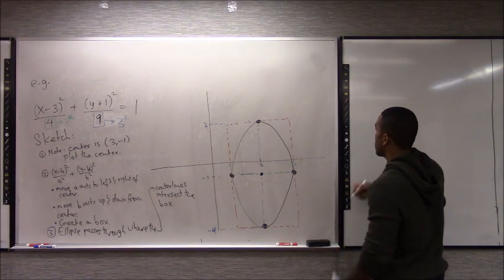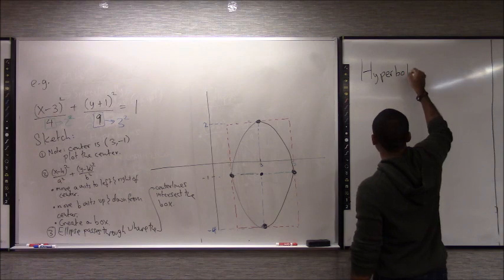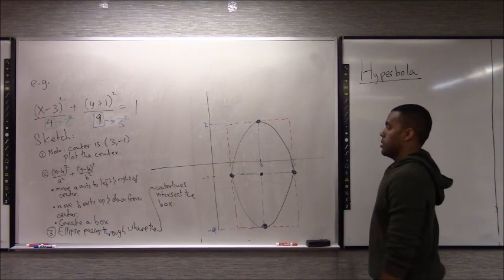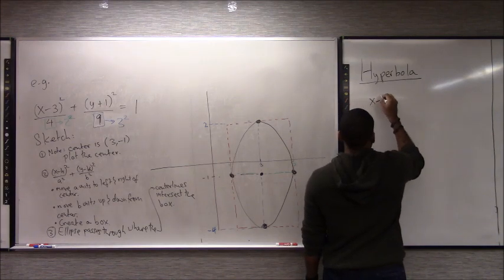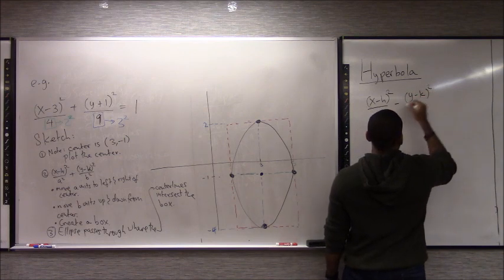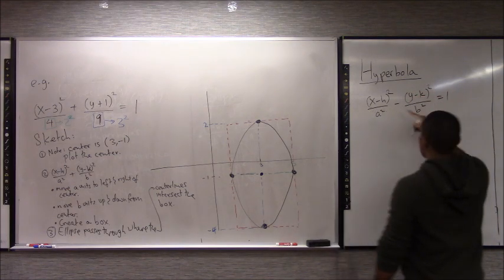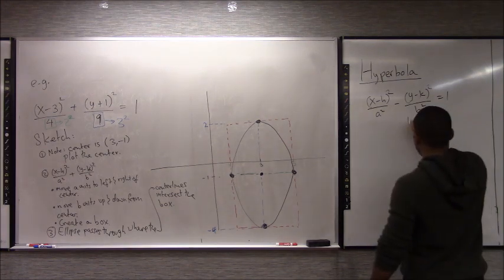The other kind of conic section we want to talk about is called a hyperbola. So, the general form for this one is (x minus h) squared over a squared minus (y minus k) squared over b squared. So, when you have a minus sign instead of a plus sign, you get a totally different kind of shape. This one is